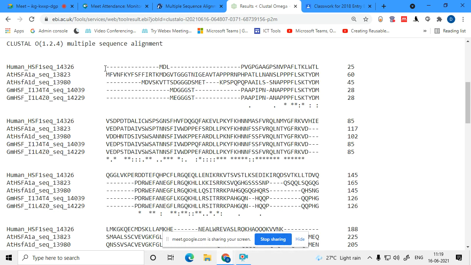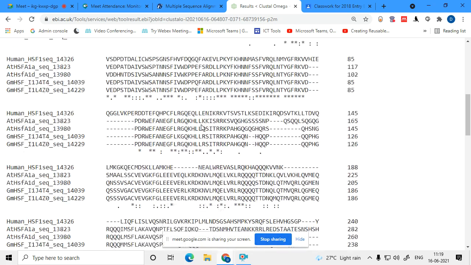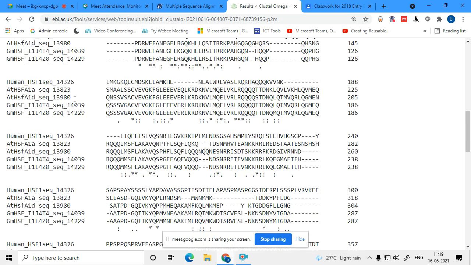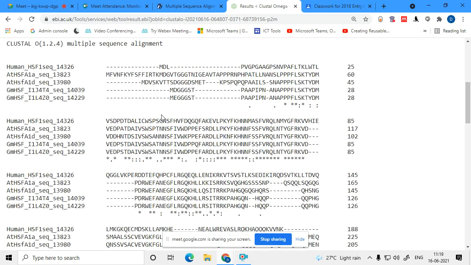So one of them goes from here, 1 to 25. You can clearly see from that the plant sequences have got more similarity than the animal sequences. Directly you can see. And there are regions, of course, in this plant sequence, this region from PV or this PA, PP, PP and GFR, KVD.